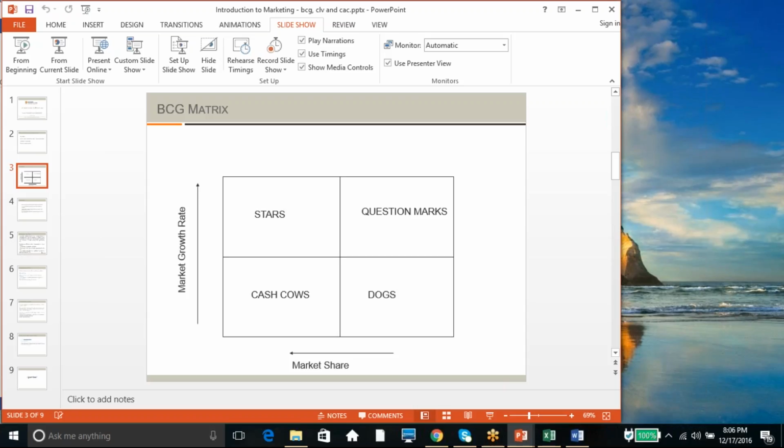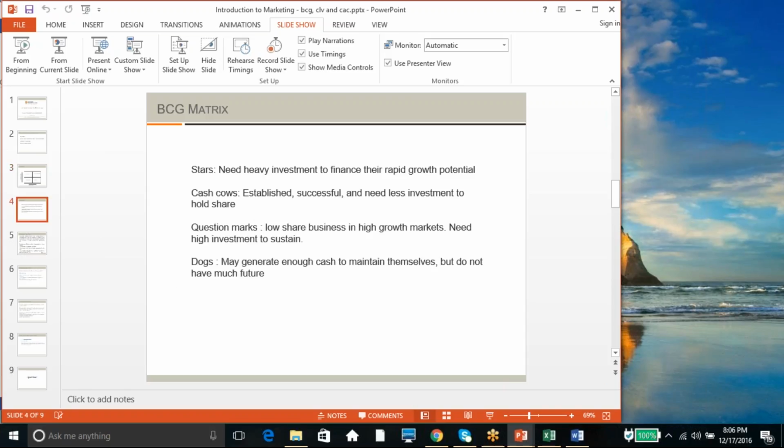So for those of you who want to get into marketing and entrepreneurship, please understand you will always start from a question mark, and therefore you will fund it heavily. A question mark is a low share business in a high growth market, therefore it needs high investment to sustain. From here you move to a star, where you still need heavy investment because there's rapid growth, just like your Flipkarts and all that, but you're at least having very high market share